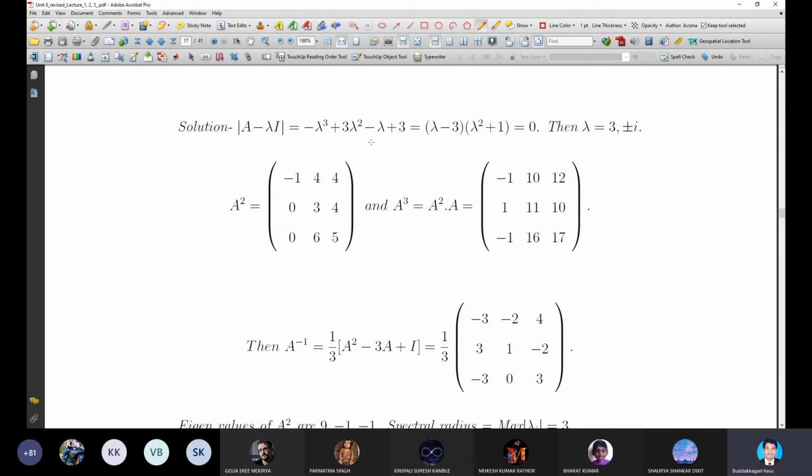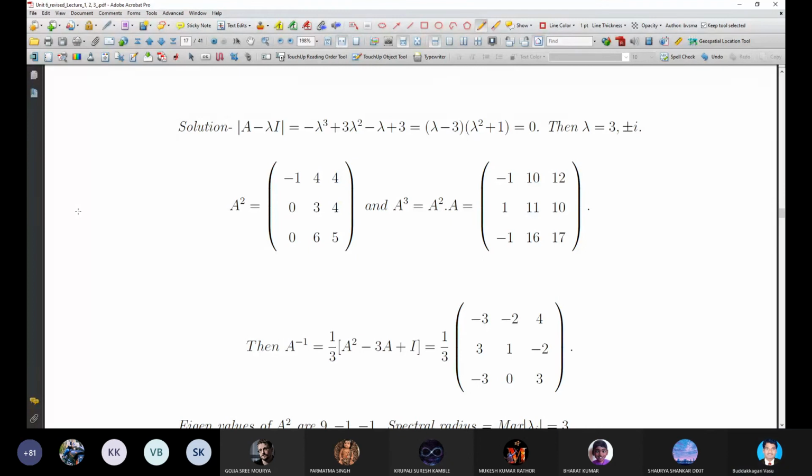Okay, it satisfies its own characteristic equation. So therefore, from that itself, we can find out the power of the matrix. A cube is equal to... So here it satisfies the characteristic equation, means